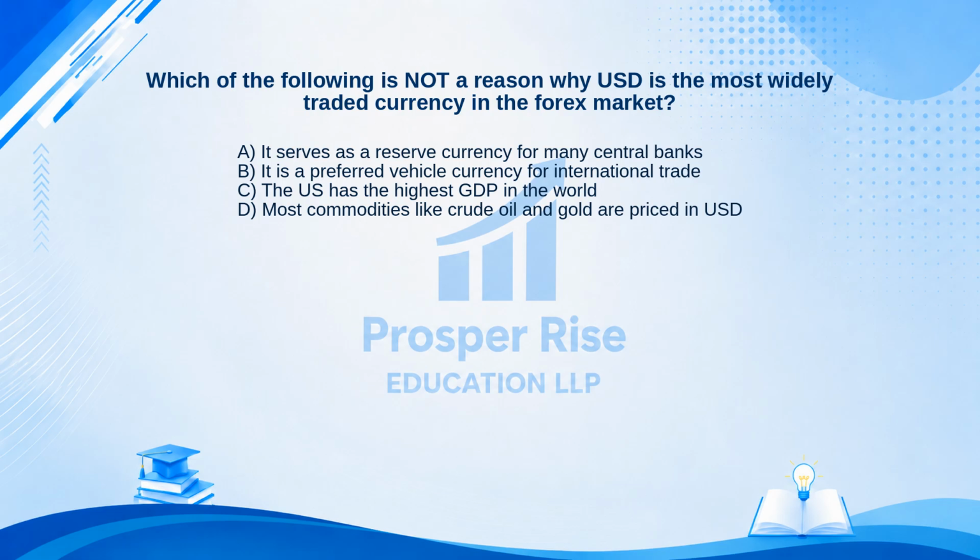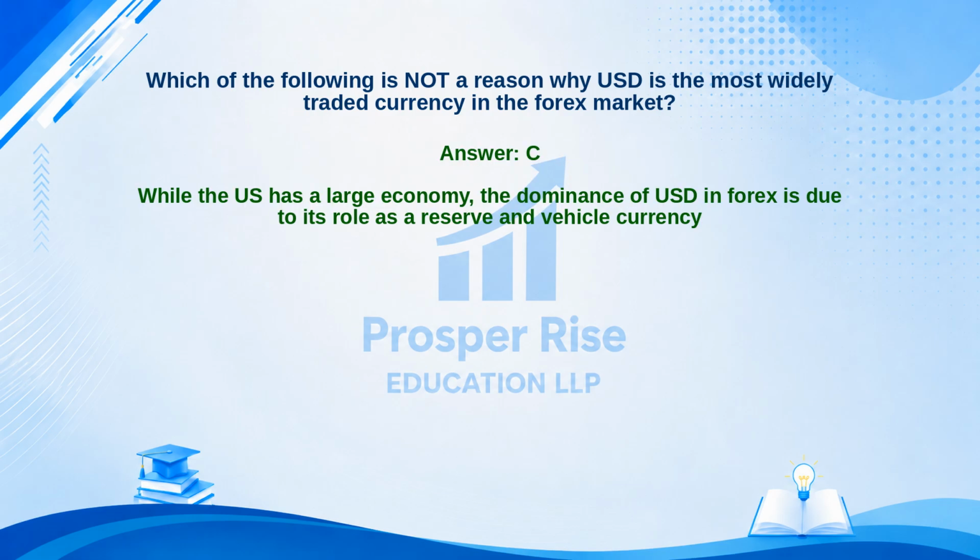Take a moment to pause the video and decide. The correct answer is option C. Let's see why. While the US has a large economy, the dominance of USD in Forex is due to its role as a